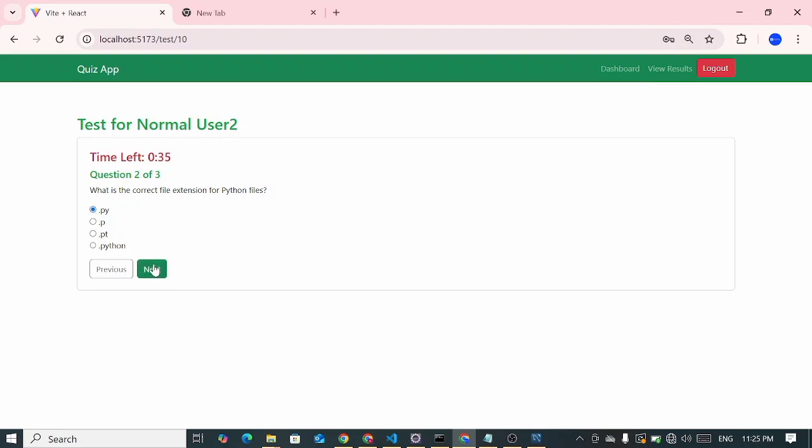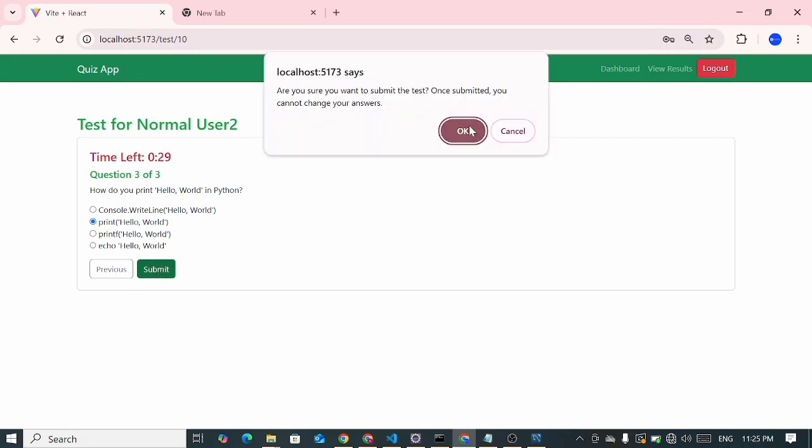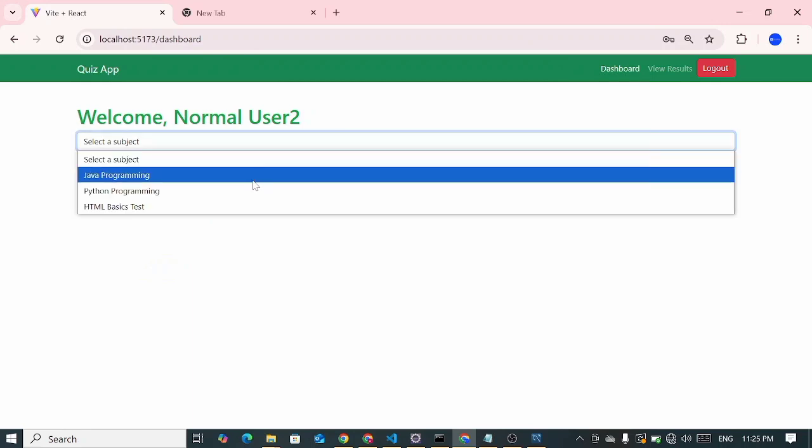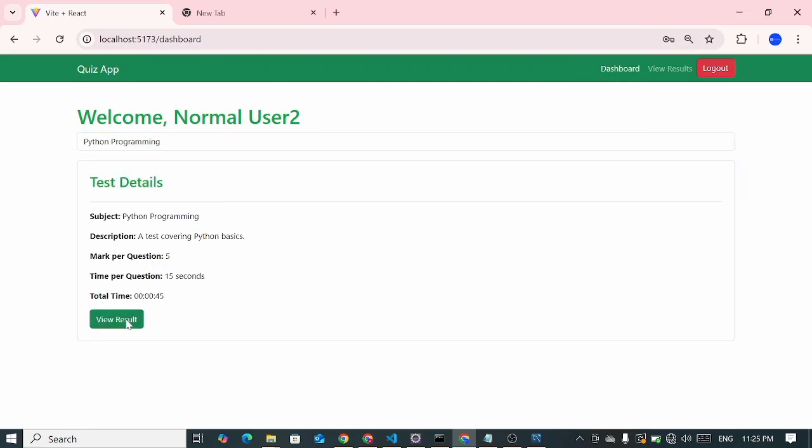It should be py. Then how do you print hello world in Python? I think it should be print hello world. So we submit. That is it. Test submitted successfully. We'll return back to the dashboard. So if we try to check our result here now, you see that we have